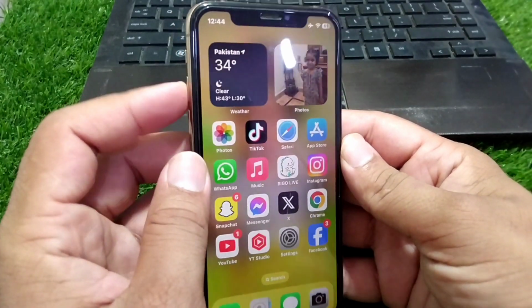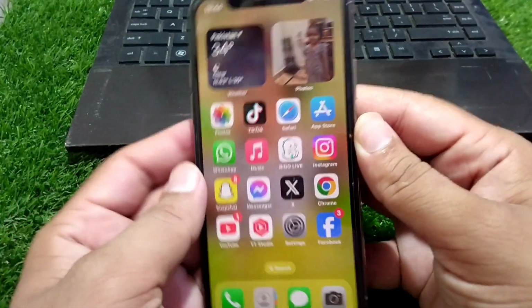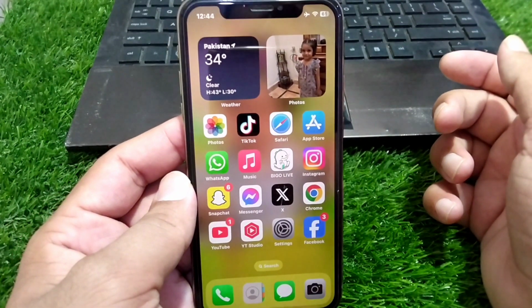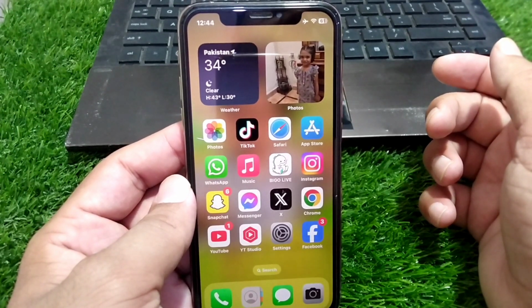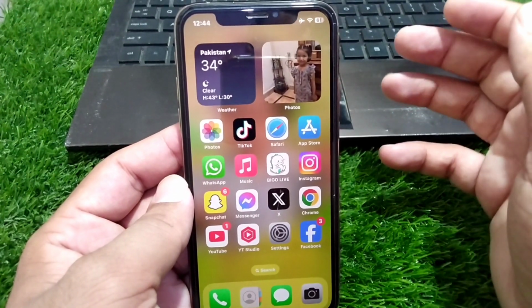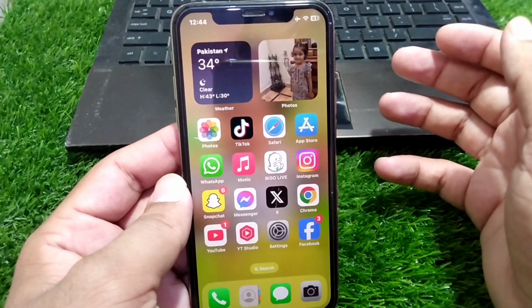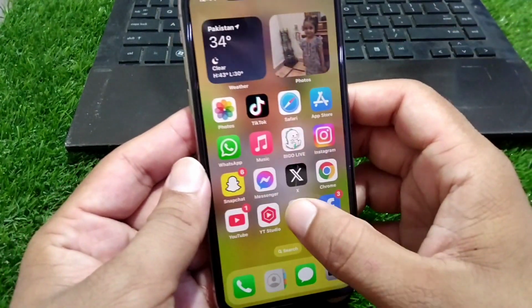So guys, for that press and release the volume up button and then the volume down button and keep holding the power button until your device force restarts. So guys, do this and check if the problem is fixed or not, and if the problem is still there then you have to open settings in your device,